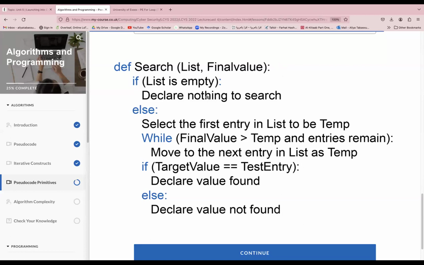Why are we trying to check if the list is empty? If it's really empty, we will declare nothing to search. Same way, I'll give you the example of the receptionist again. We are trying to define a function called receptionist. If the receptionist is absent, no need to call her, right? If the receptionist is absent, no need to tell her any word because she is not there. Likewise, if the list is empty, we should declare that nothing has to be searched. Else, if the list is not empty,